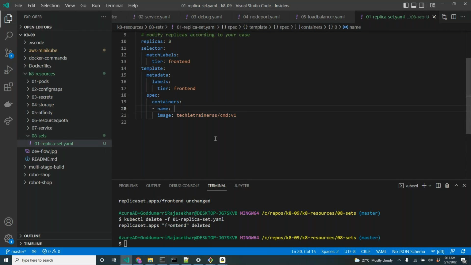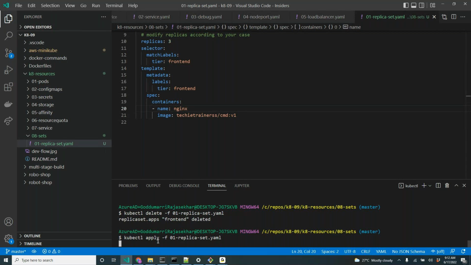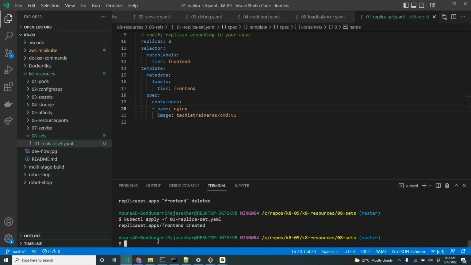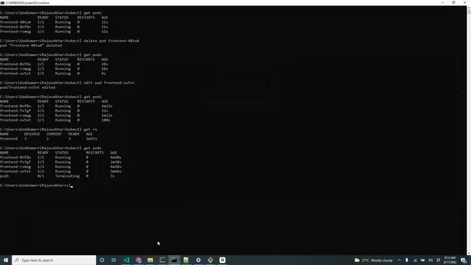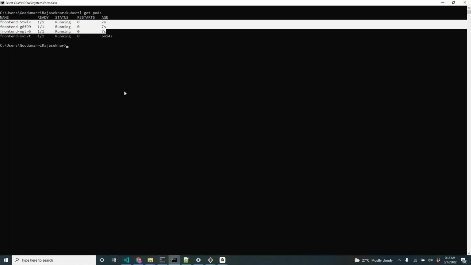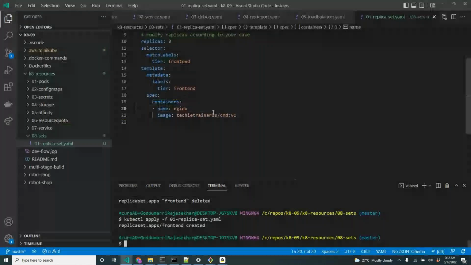This is my application's first version. Okay, it's good, all our 3 pods are running. Now I changed something in my code. Now the developer wants the V2 version to be spun up. If you try to spin up the V2 version again with the replica set,